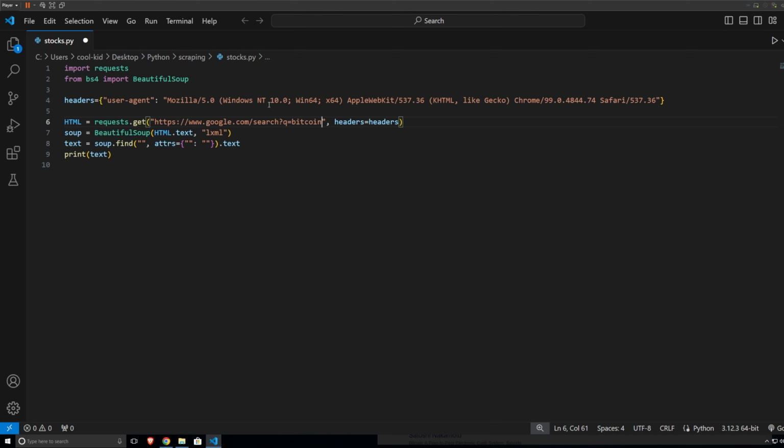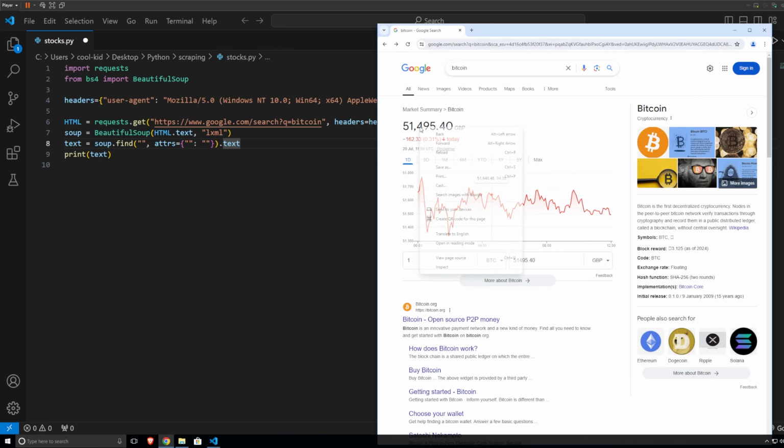Paste it in. If you want to make any changes, it's actually easier to just copy the link and make any changes through here. So if you want Bitcoin in USD, you just do plus USD or plus GBP or plus euro, right? Whatever you want it in. I'm just going to leave it as Bitcoin. Now, as you can see, this is empty. What we need to do is come back to the browser, right click on the text,